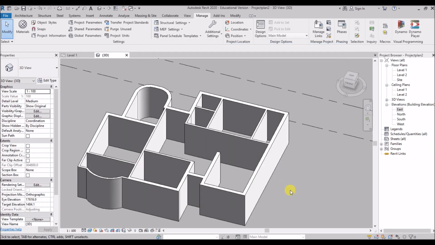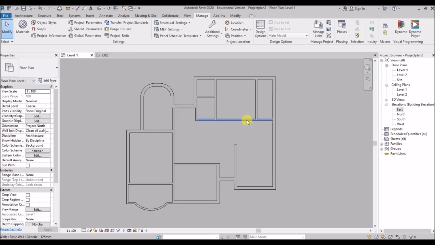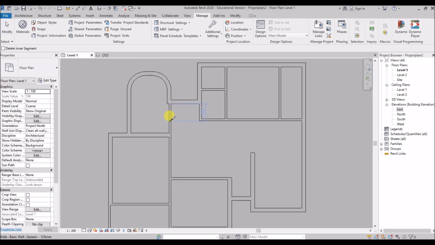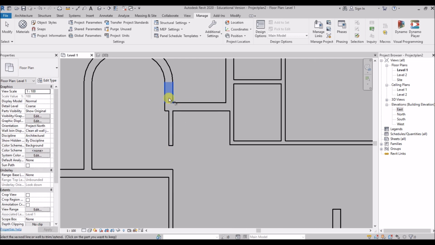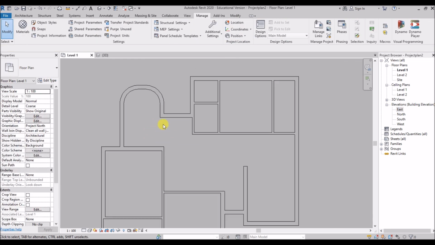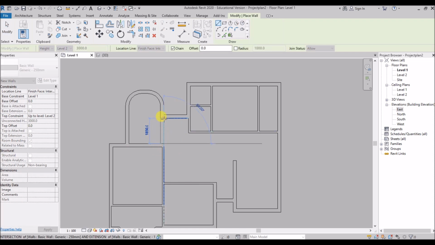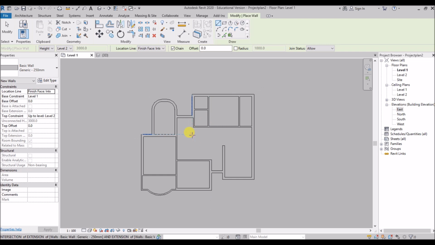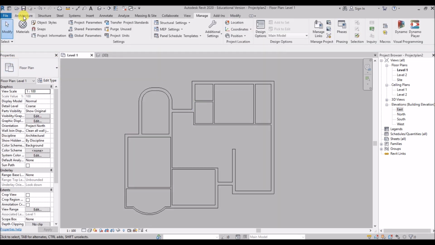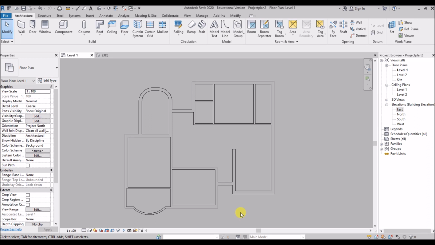Now this looks good. Now I'll get back to level 1, type SL, click on this wall and press escape twice to split this wall. Now type TR and select the walls as shown to trim the desired wall and erase this wall. Now I'll add a 250 mm wall here. So select this wall, type CS to create similar wall and then click as shown to draw a wall like this. Press escape twice. Now go to Architecture tab for adding doors and windows.